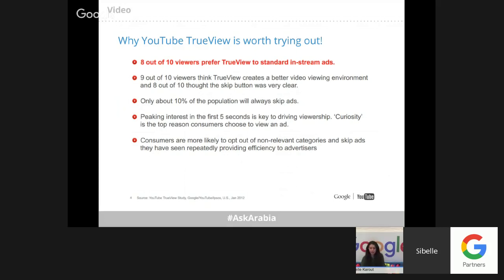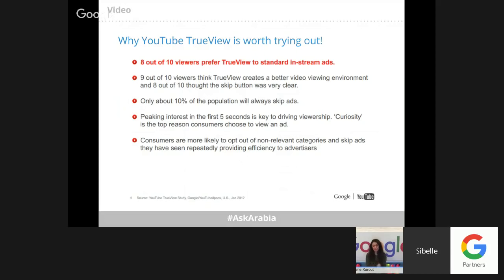So why is YouTube TrueView worth trying out? First of all, 8 out of 10 viewers prefer TrueView to standard in-stream ads, especially that they have the option to skip it. 9 out of 10 viewers think TrueView creates a better video viewing environment, and 8 out of 10 thought the skip button was very clear.